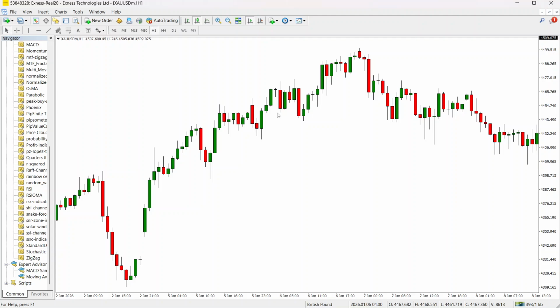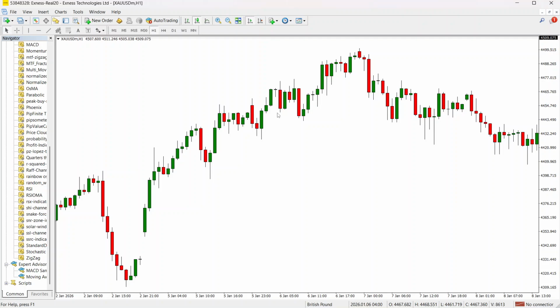Hi traders, in this video we are looking at the SNR Zone Indicator for MT4. This support and resistance tool automatically identifies and displays key price zones where the market has historically reversed or consolidated, helping traders plan entries and exits. In these videos, you'll see how the zones are detected, how they appear on the chart, and which trading applications